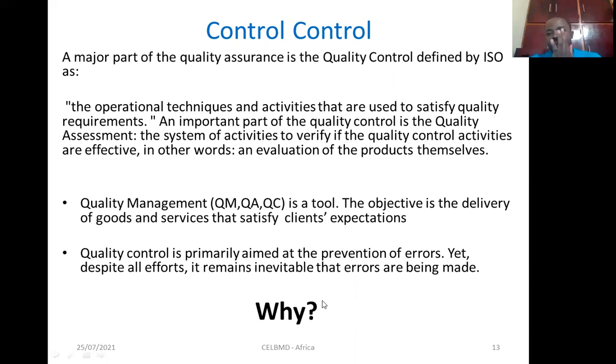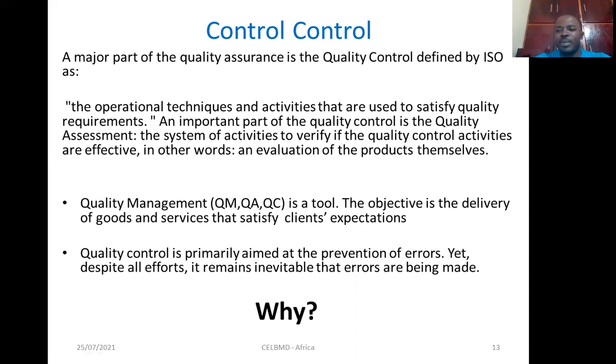Despite quality management efforts in organizations, quality assurance and quality control efforts, and despite the fact that a reasonable impact is made on customer retention through quality management practices, there is still a significant level of errors within organizations that lead to products or services that may not completely meet client expectations.